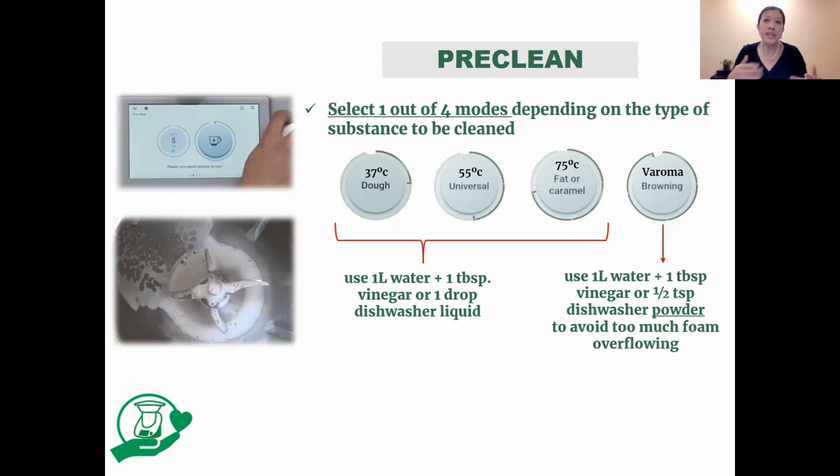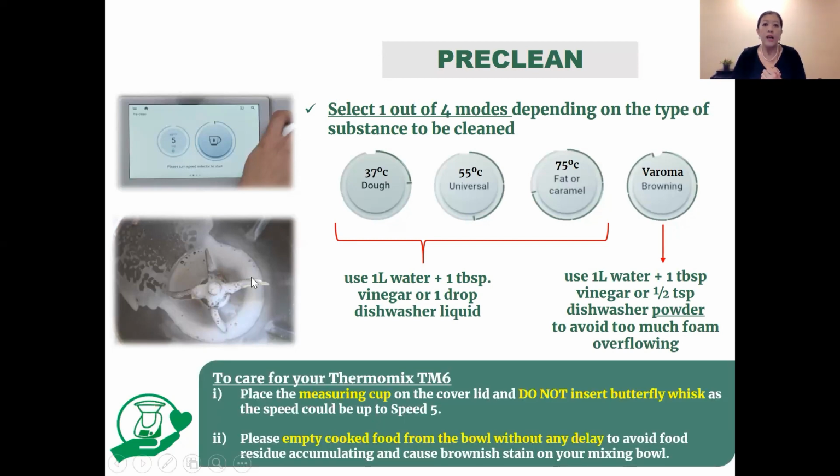By right, you just pre-clean your bowl. Now you have to clean all your tables. Okay, so this is a tip for you. Now, the next one is place the measuring cup on the cover lid when you're using this pre-clean, and do